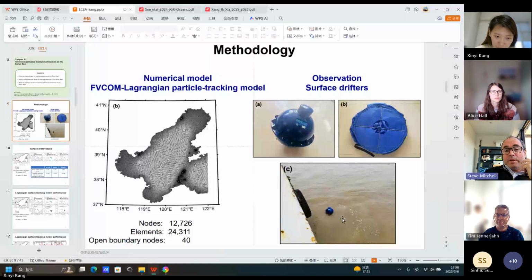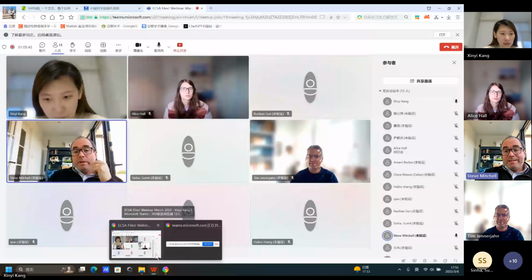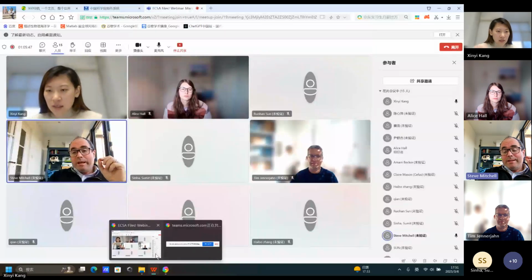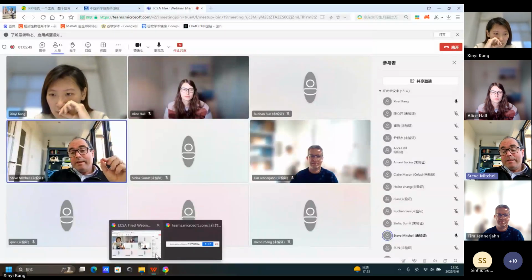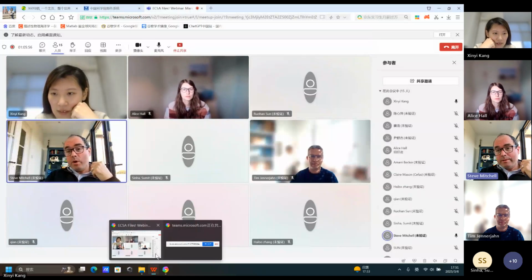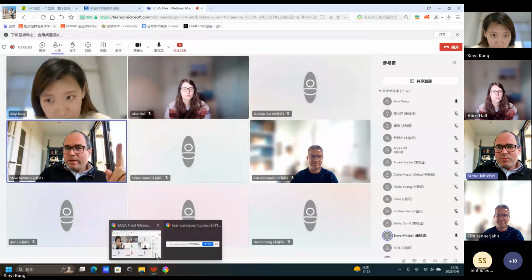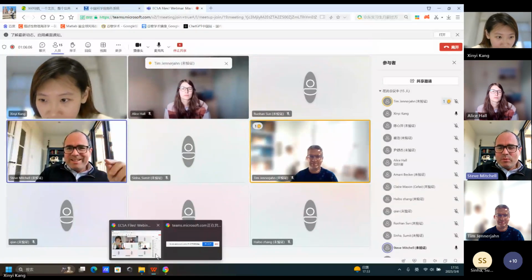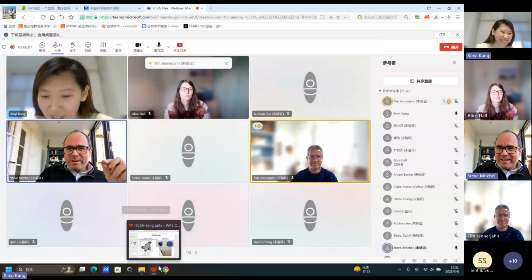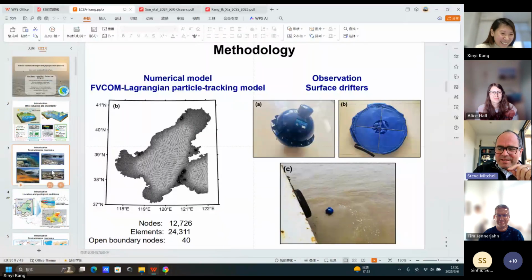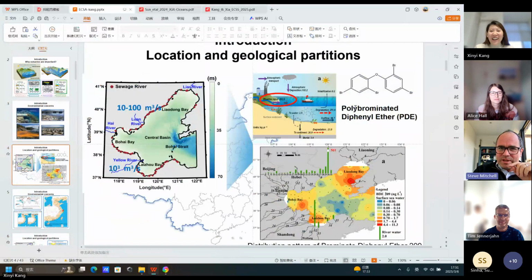That's very interesting, because the design of the drifter is actually key, I think, in generating good quality data, and there are many different parts of the drifter technology that have to work together. So it's interesting to reflect on that. Thank you. And then another quick one, sorry, what is PDE? Is it produced by particular types of factories or processes?